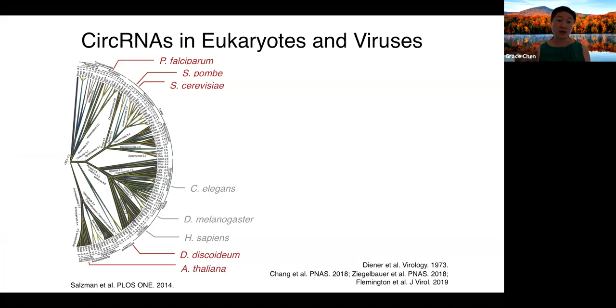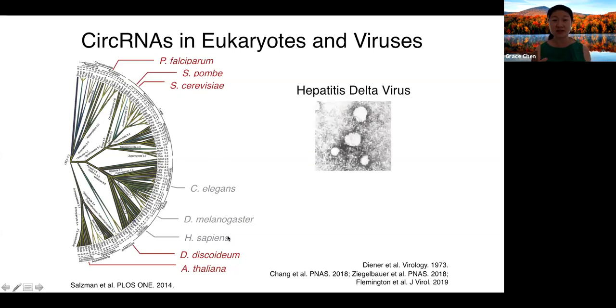So we may know that circular RNAs are expressed throughout the eukaryotic kingdom of life. This is a phylogeny tree, and I just labeled some of the species where circular RNAs have been identified, and you can see the diversity of species that are present. The metazoans are labeled in gray, right here, if you can see the pointer. Actually, one of the first indications that circular RNAs existed in nature was from a virus, the hepatitis delta virus, which has a circular RNA genome. And this electron microscopy image showed really beautifully the circular nature of these structures.